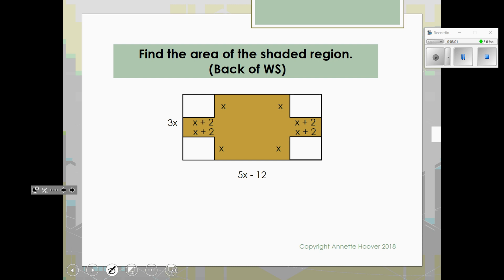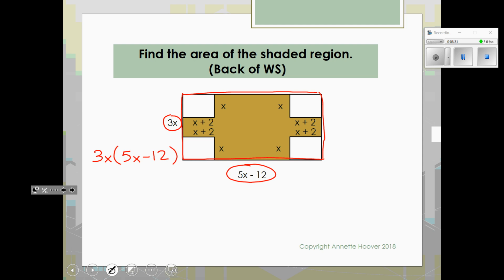This is also on the back of your worksheet as an example of how to figure out the area of a shaded irregular shape. If you think about what the first step would be, we first need to find the area of the large outer rectangle. To do that, we have to multiply the base times the width. We have a monomial and a binomial. So I'm going to put the monomial on the outside and the binomial on the inside and use the distributive